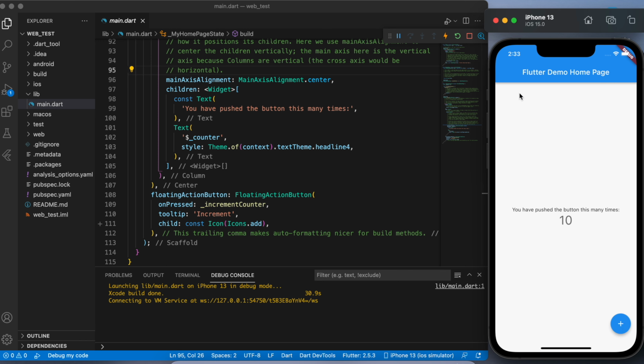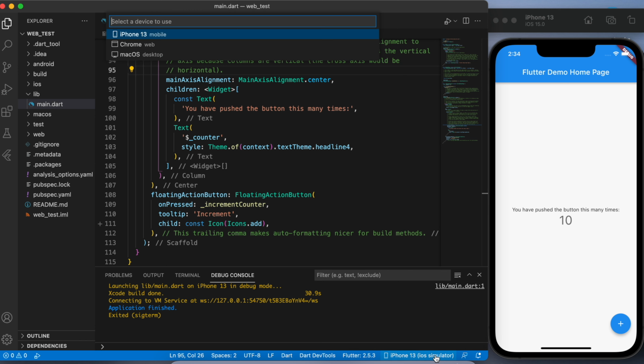Now I will also run this application on Chrome once. Let me close this off. If you go to the right-hand side below, from here you can change it to Chrome.